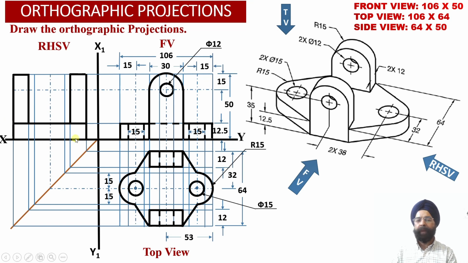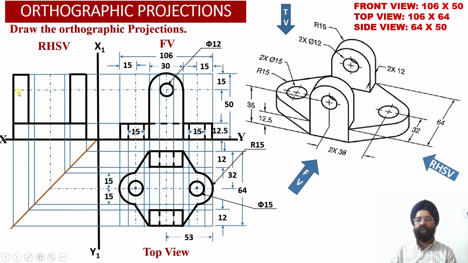This portion will be projected as an apparent shape projection corresponding to this circular and inclined portion of the horizontal web. Similarly, we have two vertical webs, element number 2 and element number 3. Element number 2 will also be projected as a rectangular projection in the right hand side view, and the dimensions will be depth equal to 12 millimeter and